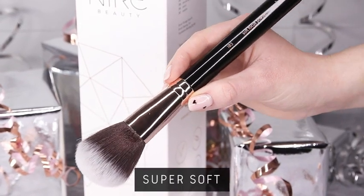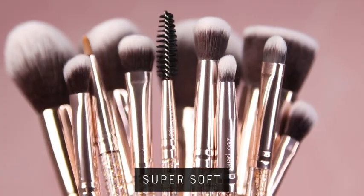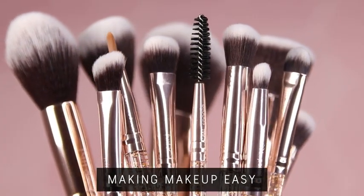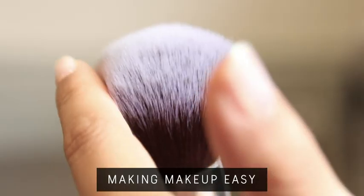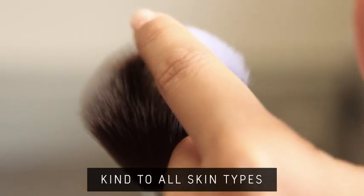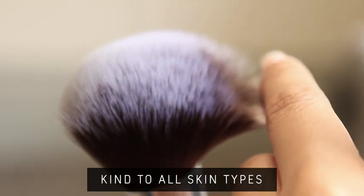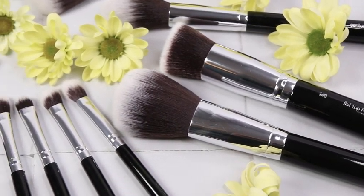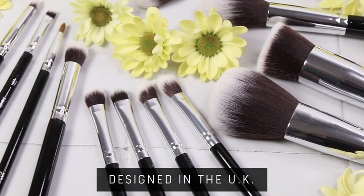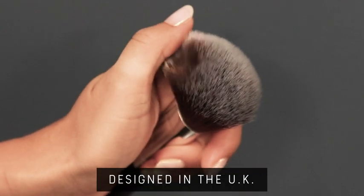These super soft brushes are part of the artistry set from Nire Beauty. This set of 12 brushes will make makeup easy, applying creams and powders gently onto your face and around your eyes. Every brush is delicate and kind on your skin, adaptable for all of your favorite looks and some new ones too. Designed by Nire Beauty in the UK, this complete makeup brush set is everything you need to bring